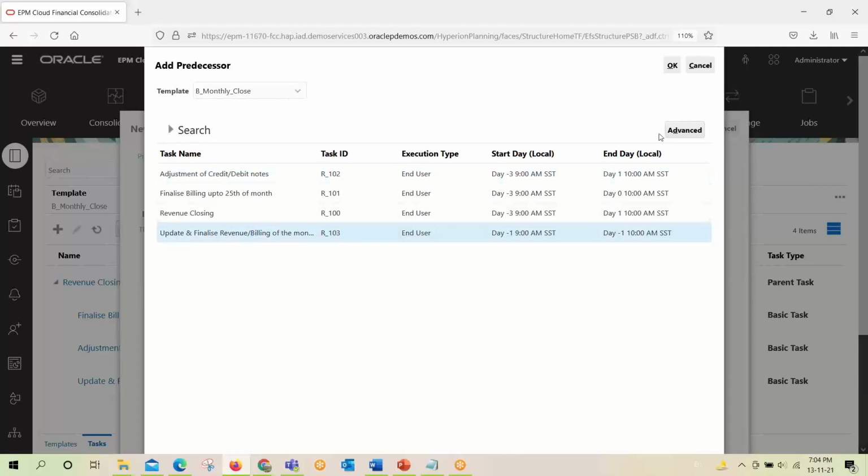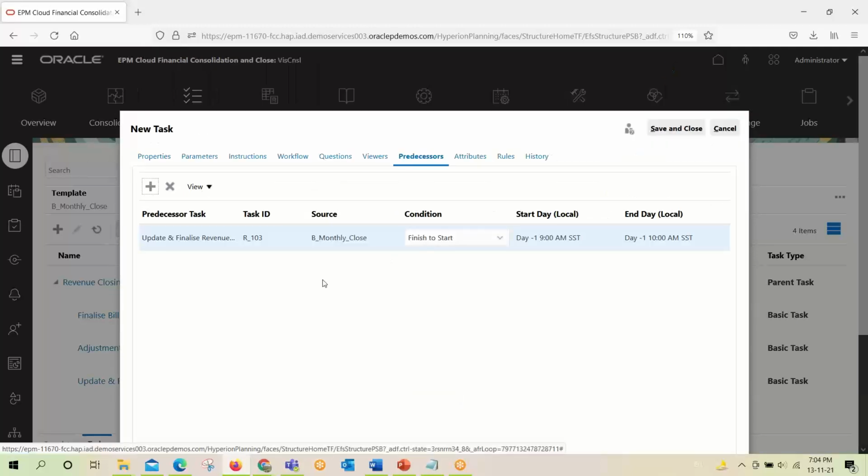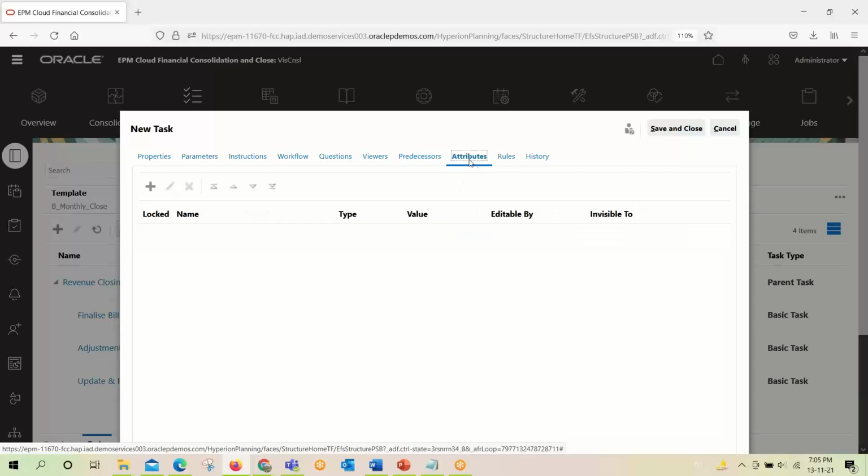So we will put 103 as our predecessor task, which means if the predecessor task is not completed, then this task will not be started or completed. So for executing or submitting task number 104, the 103 task must be completed, which we will see in our example later on.